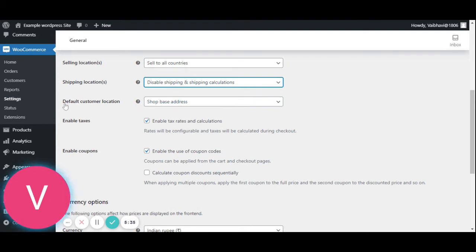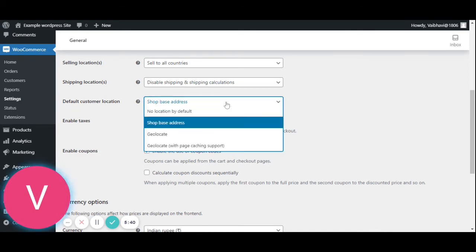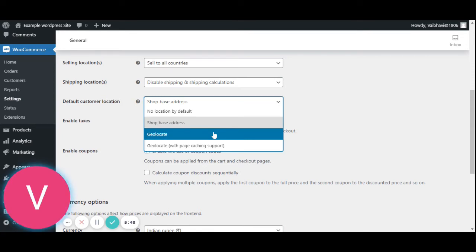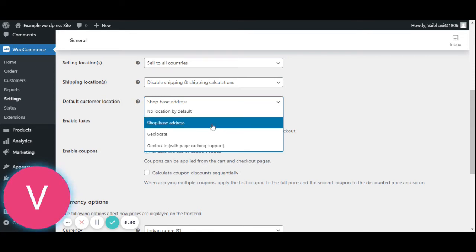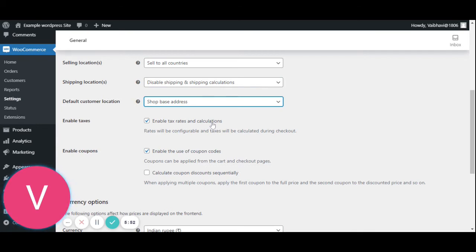Then you have default customer location. This is basically the location of your customer. So you can give them options to send you a geolocation, or to send you a base address. It's advisable to use the base address because sometimes you can have some issues with geolocate.